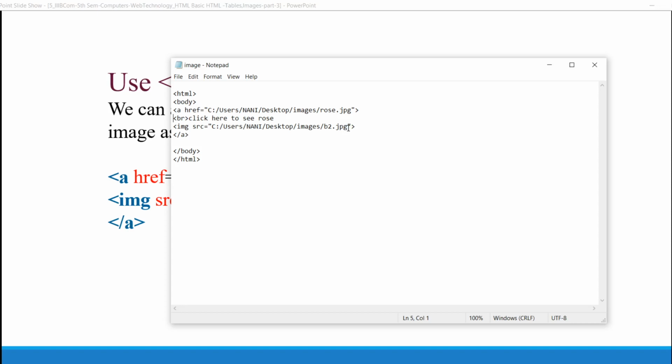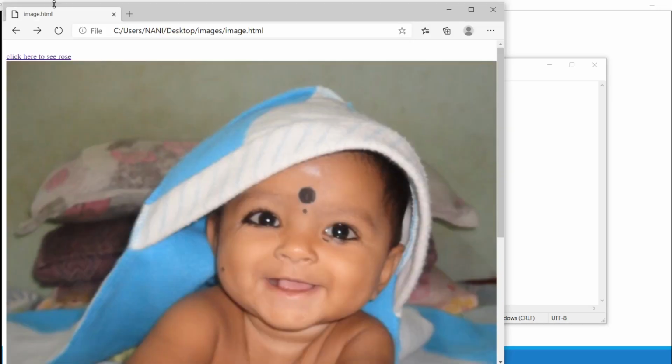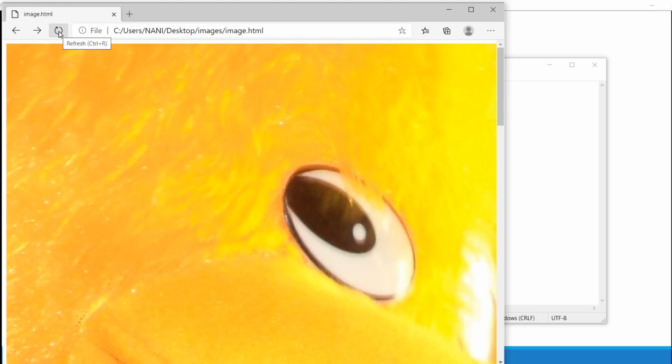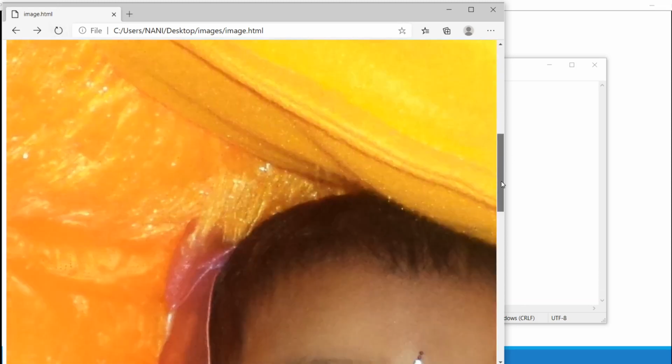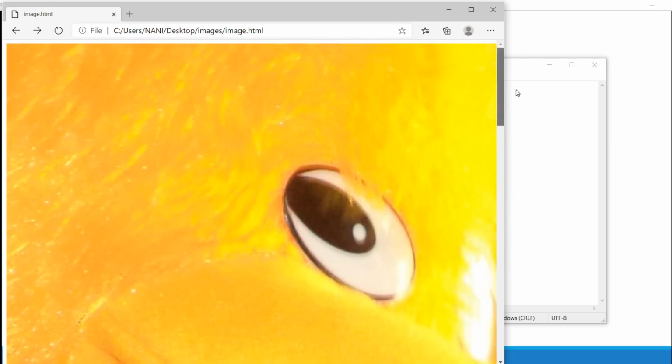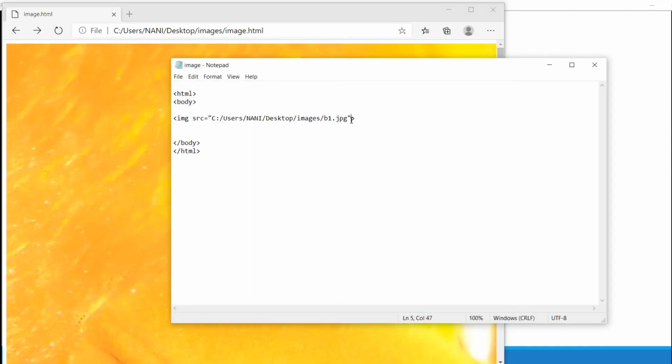Let's consider another example. Now I am removing the hyperlink, only the image. I'm taking only the image. Save it, run it. Here the image is appearing, but the image is too large. For that, what are the attributes that are used?